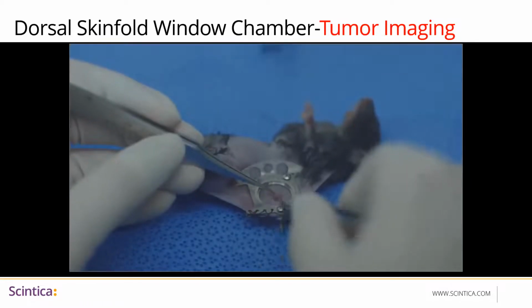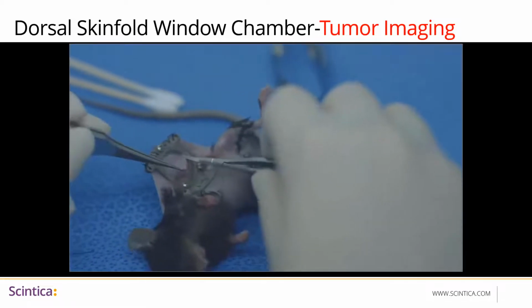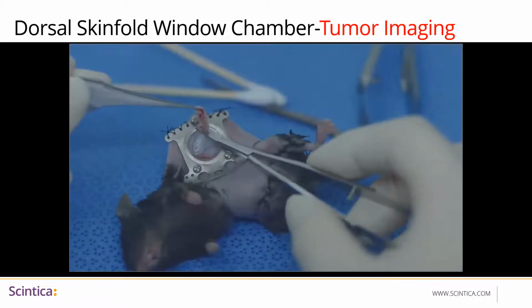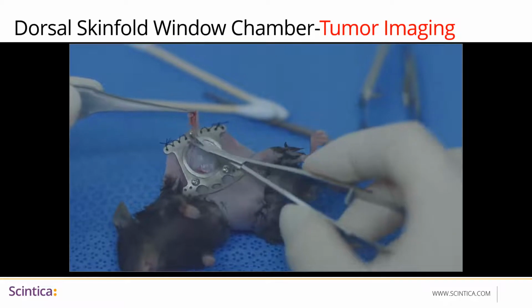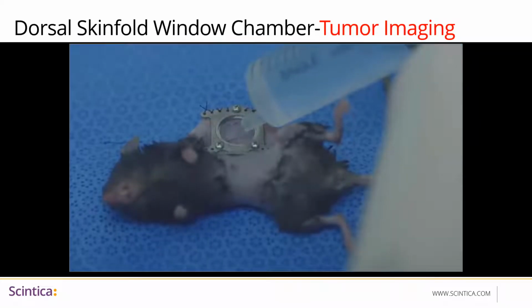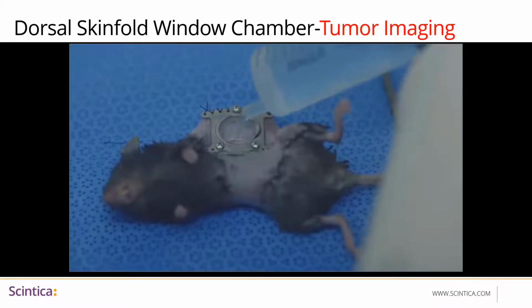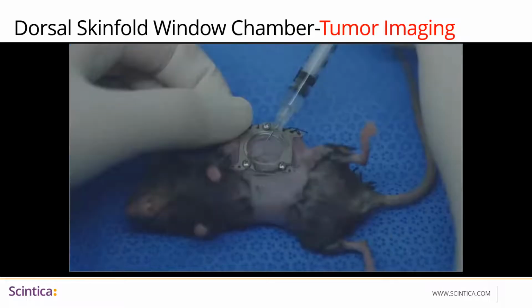Now you make sure there's no fluid coming in or going out, and the skin on one side of the window chamber can be just thinned, so you can get a better resolution. And also on the other side of the chamber, you put water on top to increase the resolution, and then